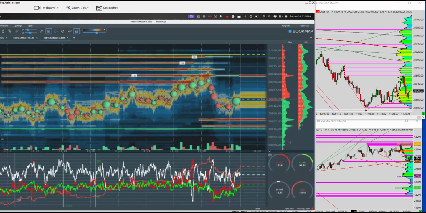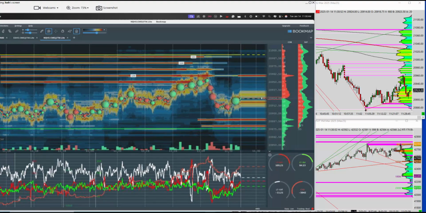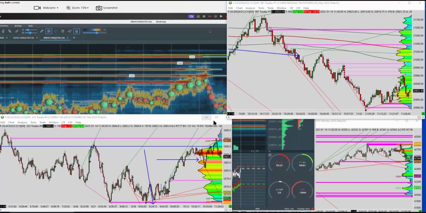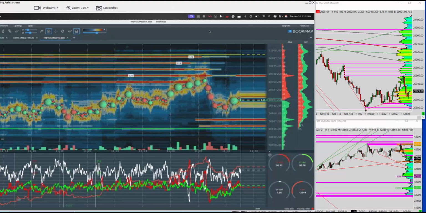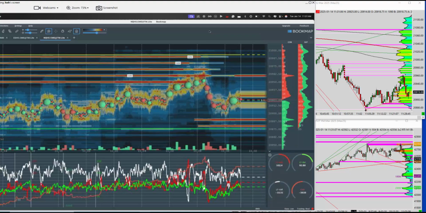I do have it on here. I believe I do have it on BookMap, but I don't actually use it. I just find it's not useful now because I've become used to trading it with specific types of indicators that I have used for years. Okay. And I'm saying that because I know a lot of traders will have underlyings that they're just used